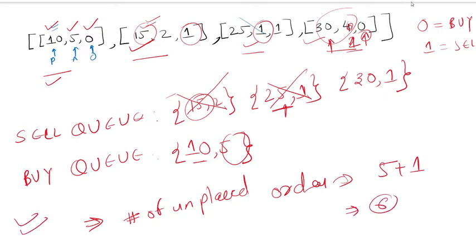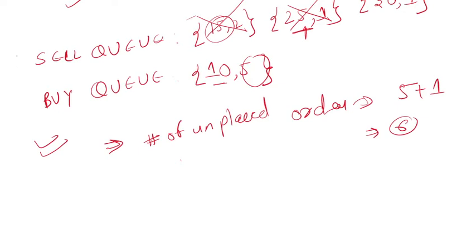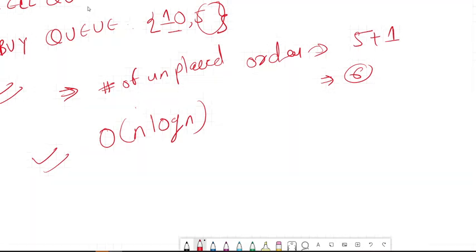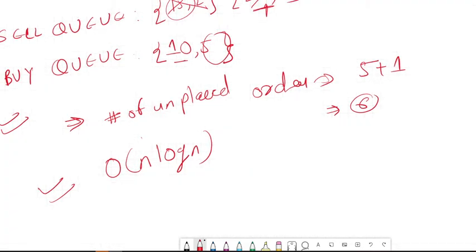Now, looking at the time constraint, the question demands a time complexity of around O(n log n). So look at the question and see the time constraint. We need to come up with a solution of O(n log n). Now the question is, anyhow, when you are processing a sell order, you look at the buy order queue and select the one with the minimum sell buy.